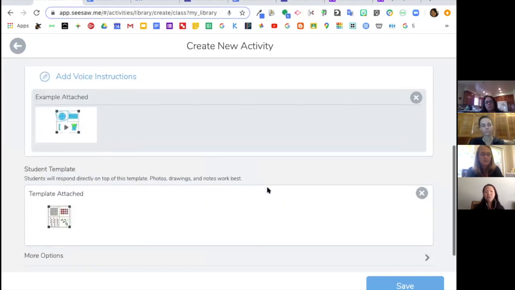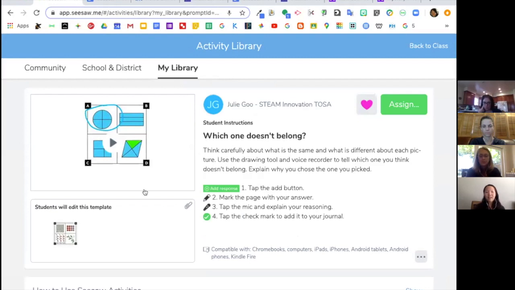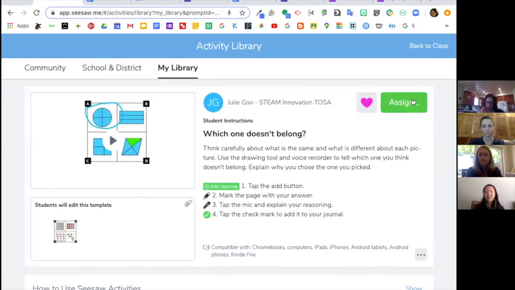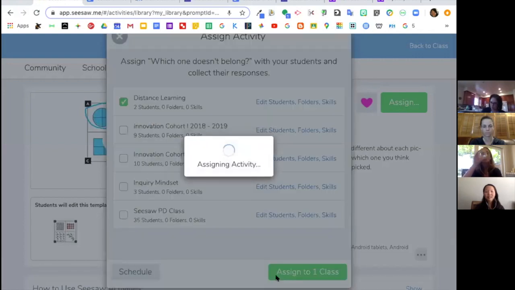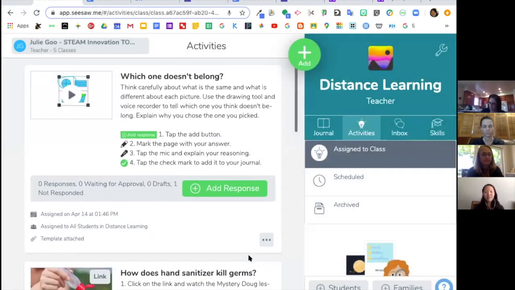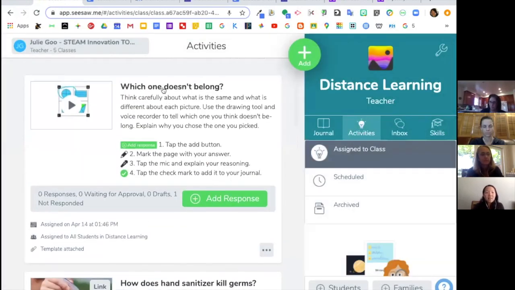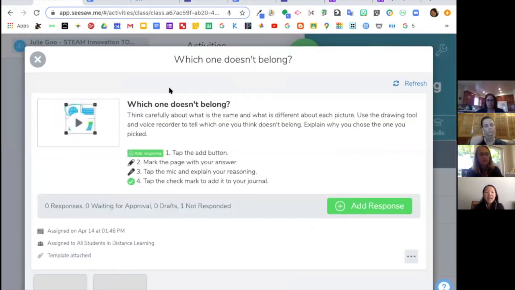And then I can have students record their thinking on this new which doesn't belong. And I can save that. And then it'll be here. And then when I assign it to my students, it'll be right here. One thing I wanted to mention that is really nice is that students can view,